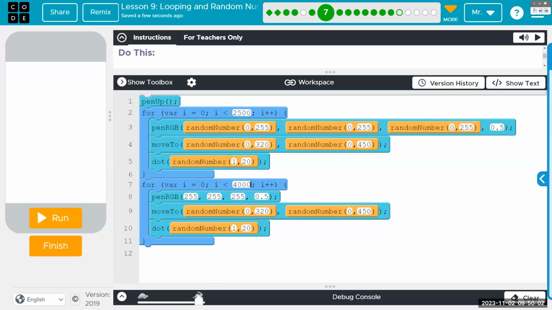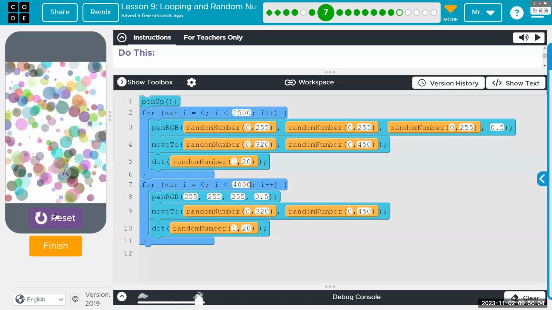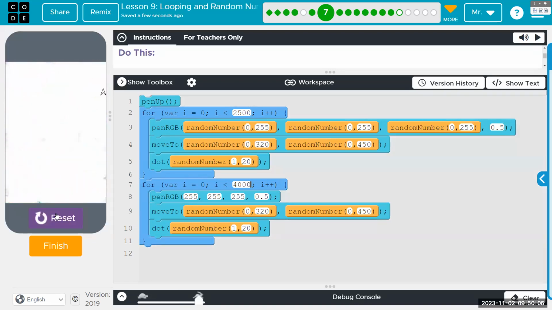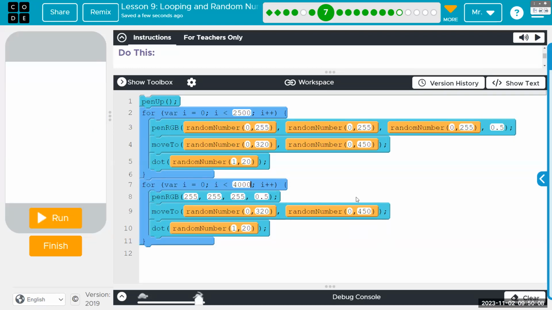Okay, all the way to the right should happen instantly, but you can see that it is a little slow. But also you can see that it runs in order. It does our colorful dots first, and then our white dots afterwards, which is the point of this one. And cruising right along.